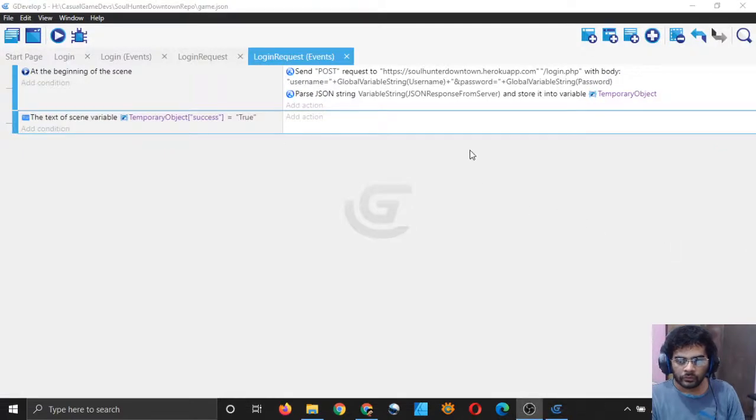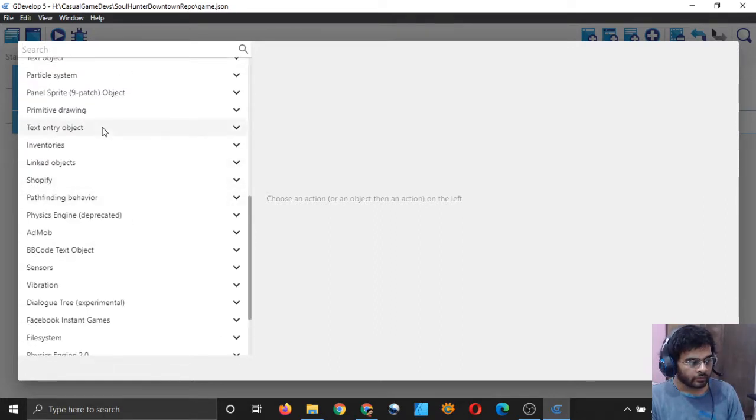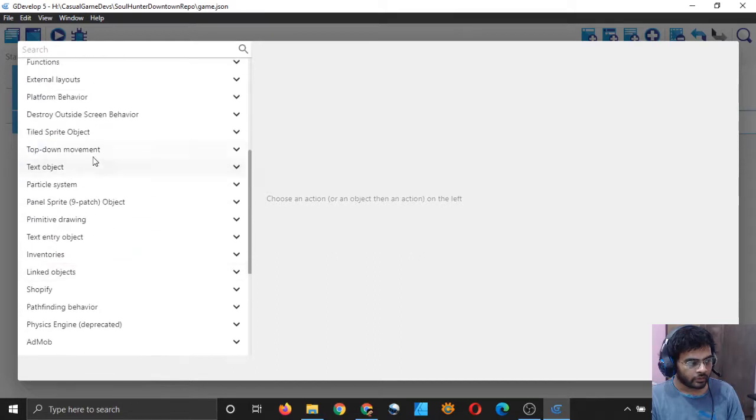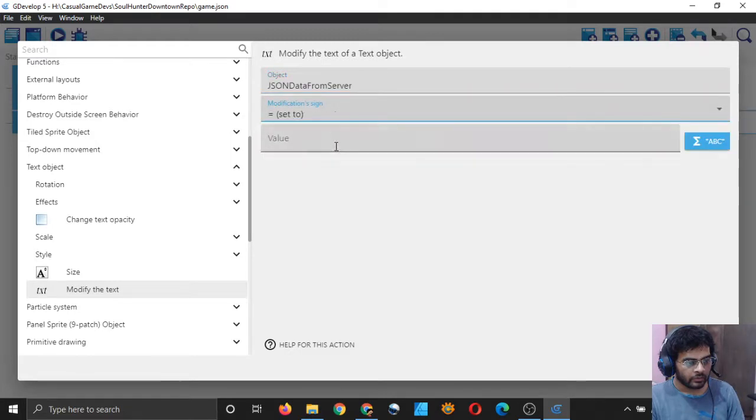So if success is true, then that means we have logged in, right? And so I will display the message logged in simply. So text object, modify the text: JSON data from server is equal to logged in, right?